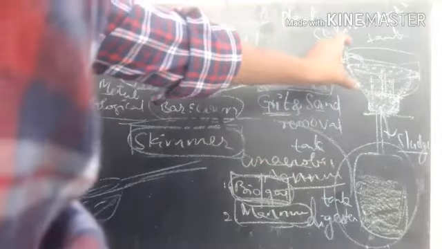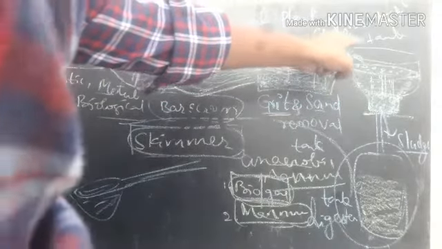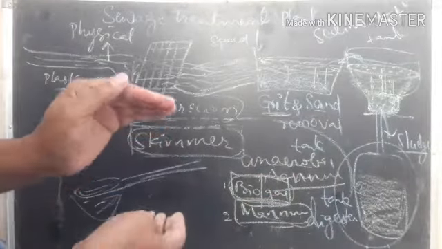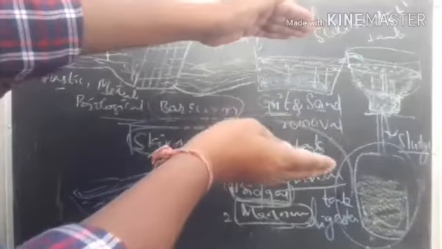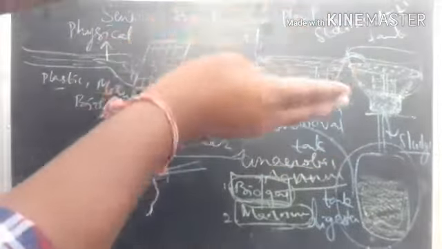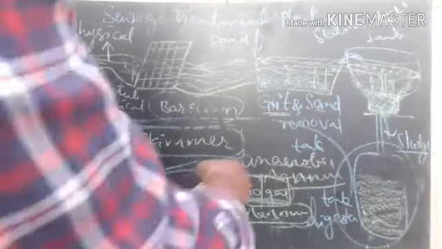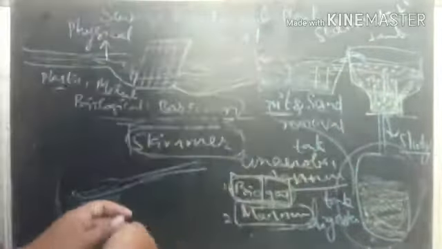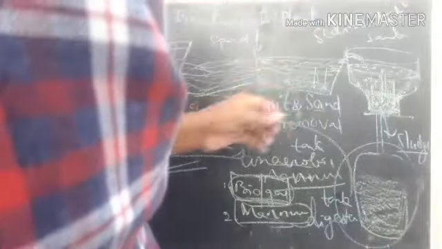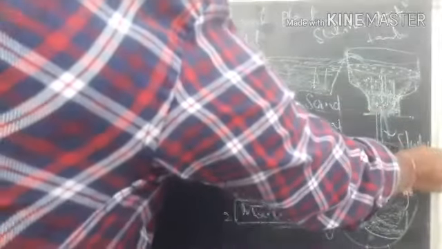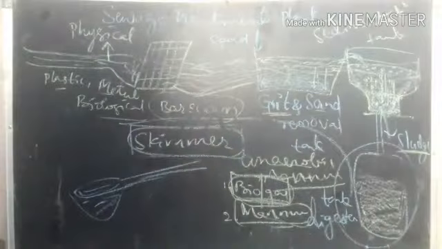Now it enters the next tank called the sedimentation tank. Here we store the water for a short time and allow the water to stand still. Then the solids present in the water, like human feces and other organic materials, slowly settle down, right? That is what we call sludge. We call it sludge.